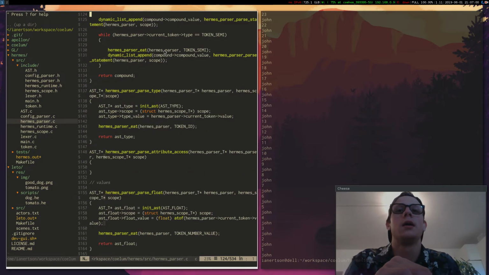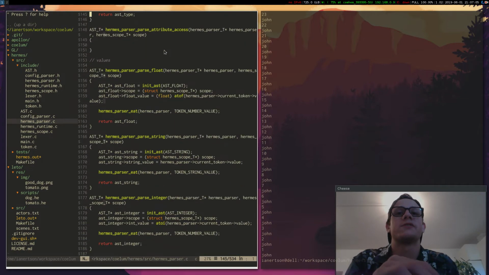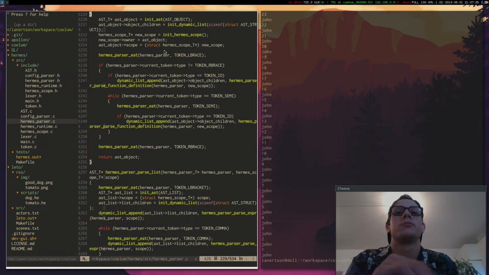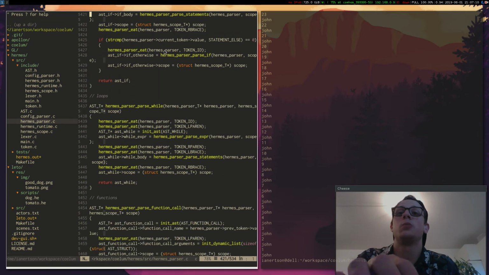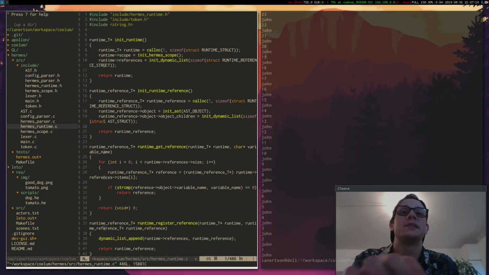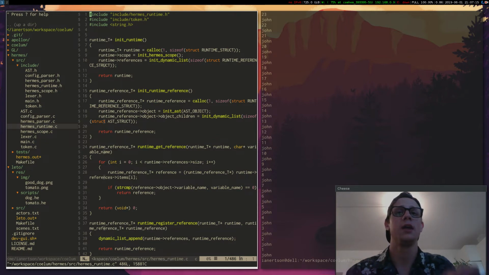The tree is sort of recursive. And then we have the runtime, and it basically recursively visits every node in that tree, and it